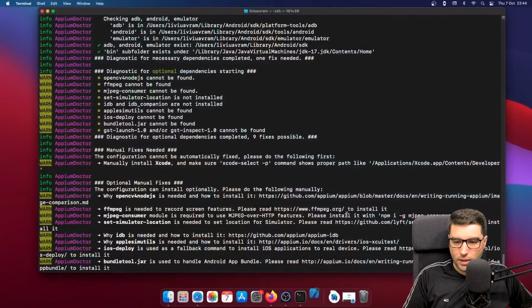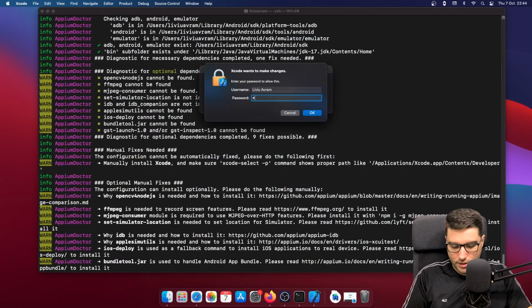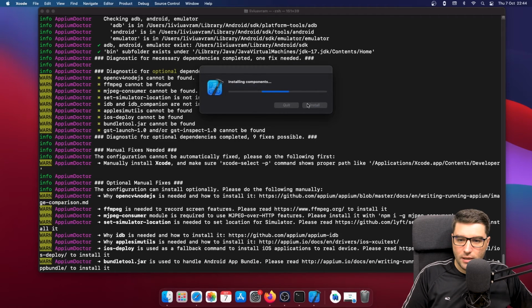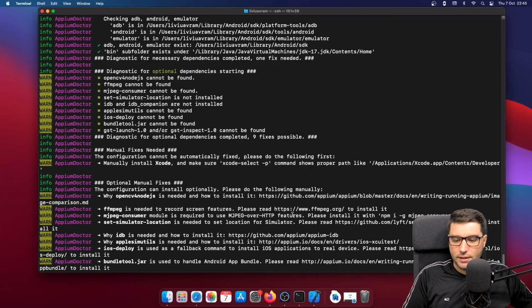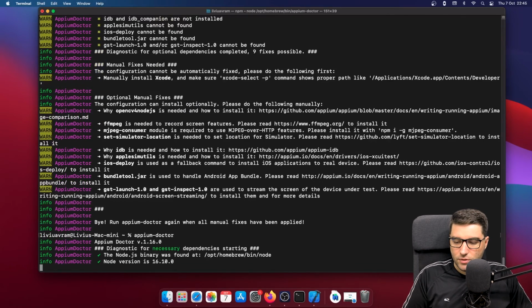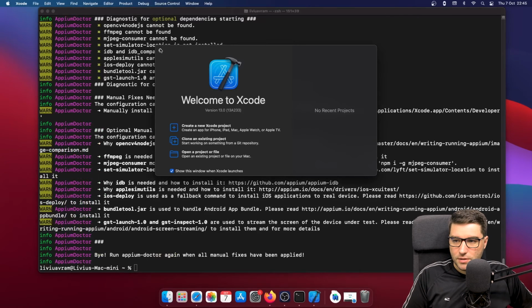So I will open up Xcode, and it will ask to install additional components. That is what happens when you open up Xcode for the first time. So it's the same command as saying xcode-select --install. So it's installing the command line tools for Xcode, which are required for appium to run smoothly.